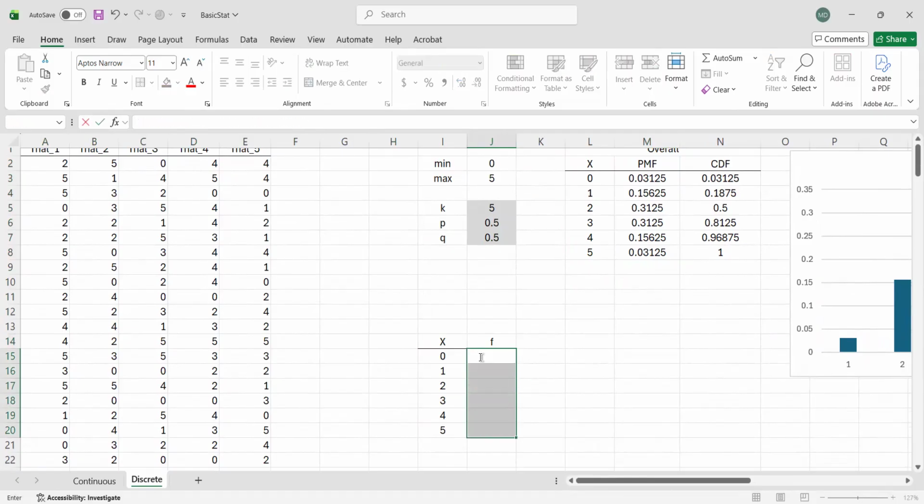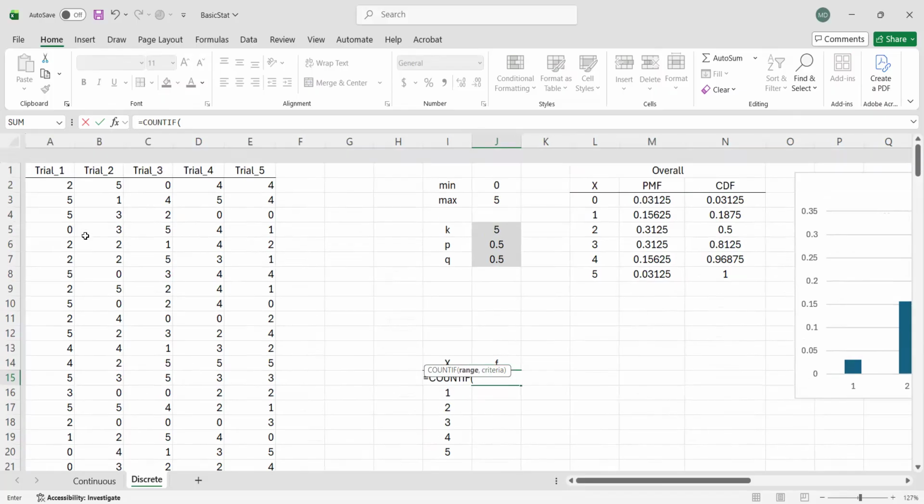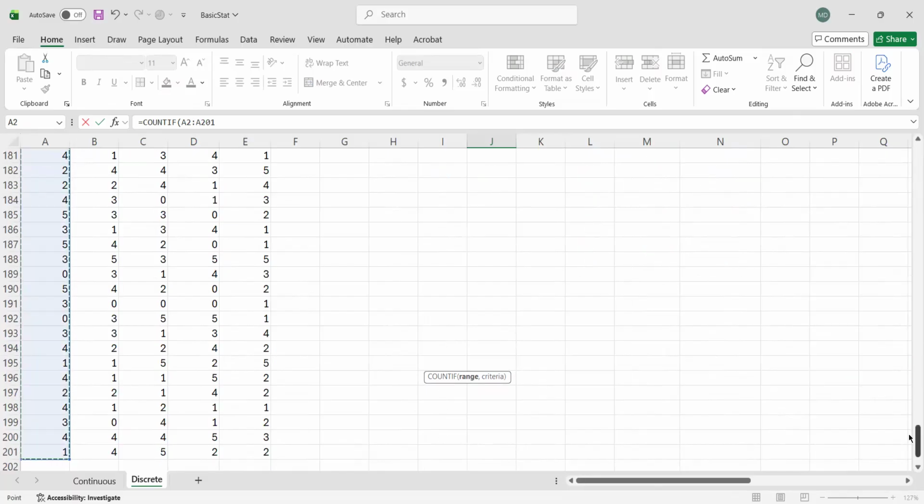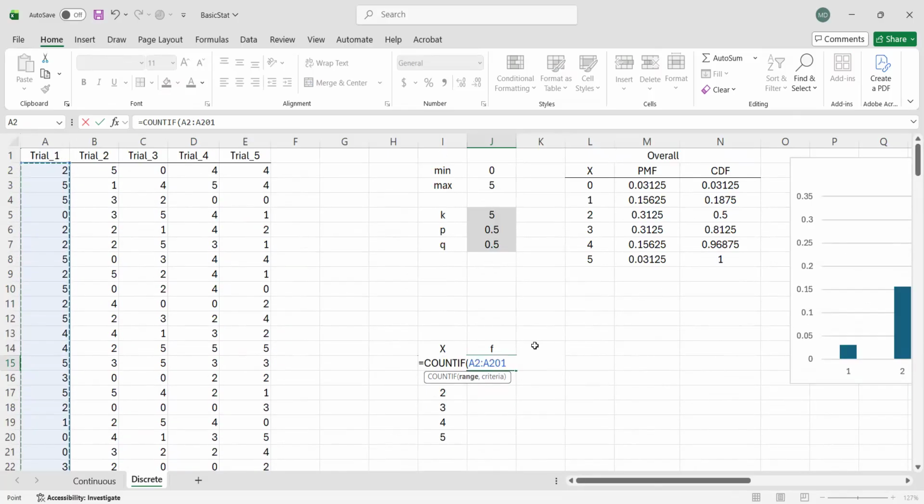We can actually use the formula COUNTIF: equals COUNTIF, for trial 1, just highlight everything, and then we write comma, and then the criteria. The criteria is the value beside it.